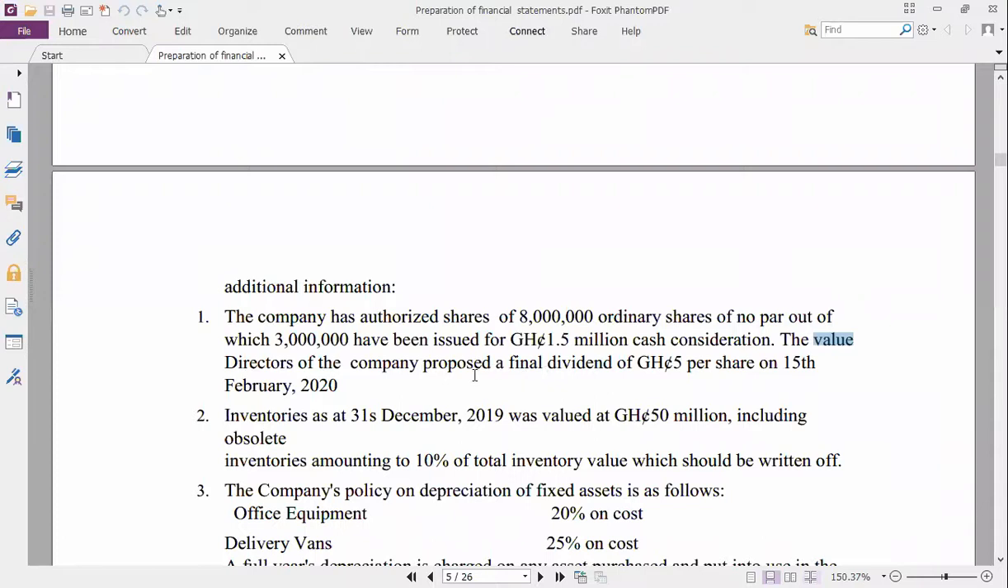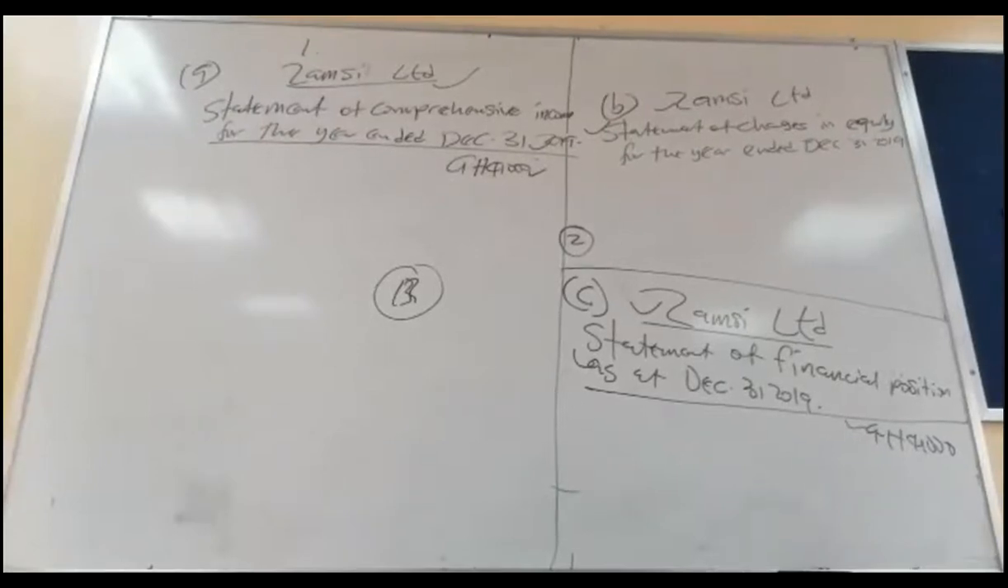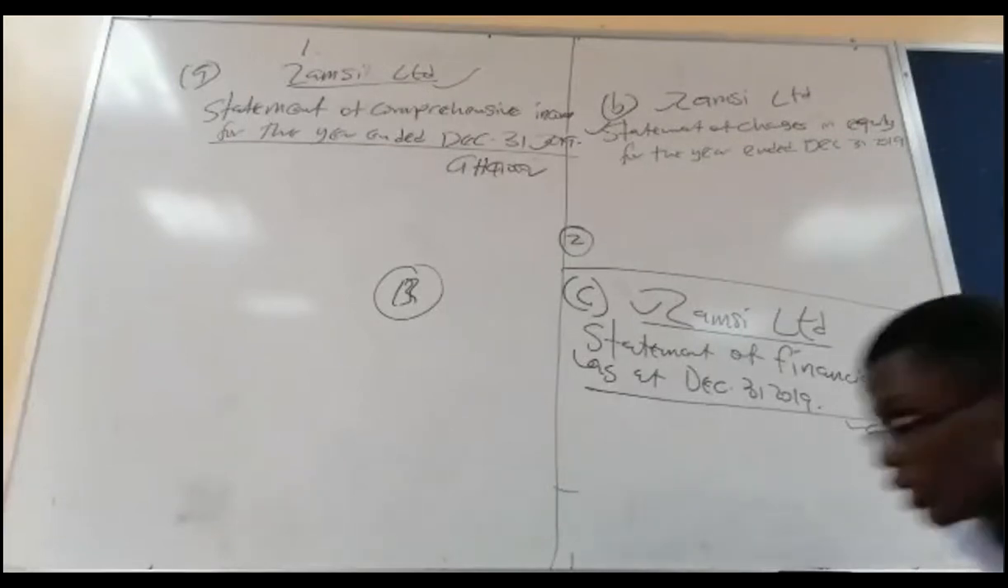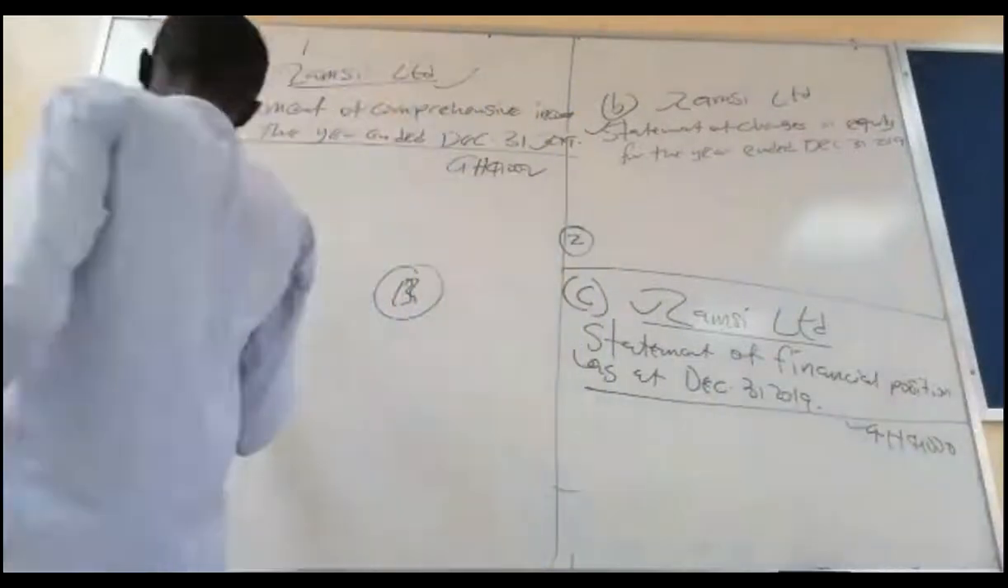Now let's go to the board. They have proposed a dividend after the year end 2020. A final dividend of what? 5 Ghana cedis per share, 15th February 2020. We said that be sensitive to what? Date. So let's go to the board. When are you preparing the financial statement? 31st December 2019. So if we are preparing a financial statement for 31st December 2019, and they have proposed a dividend, this